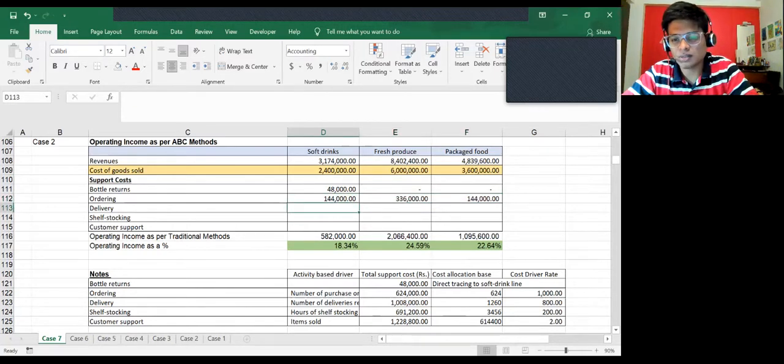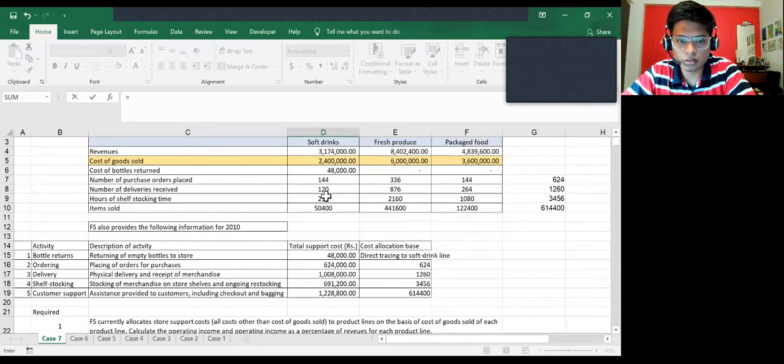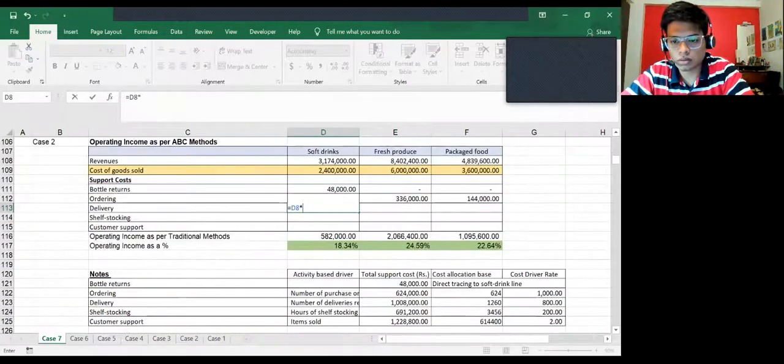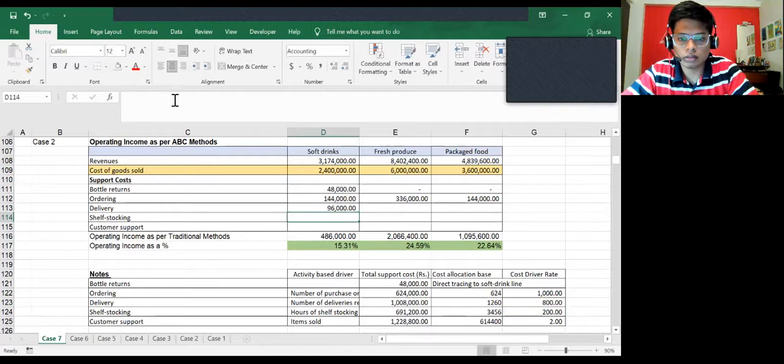You can also do a little bit of complicated things, but I'm just going one by one. Delivery cost would be based on number of deliveries into 800. This 800 is fixed again, so F4, enter, and drag right.